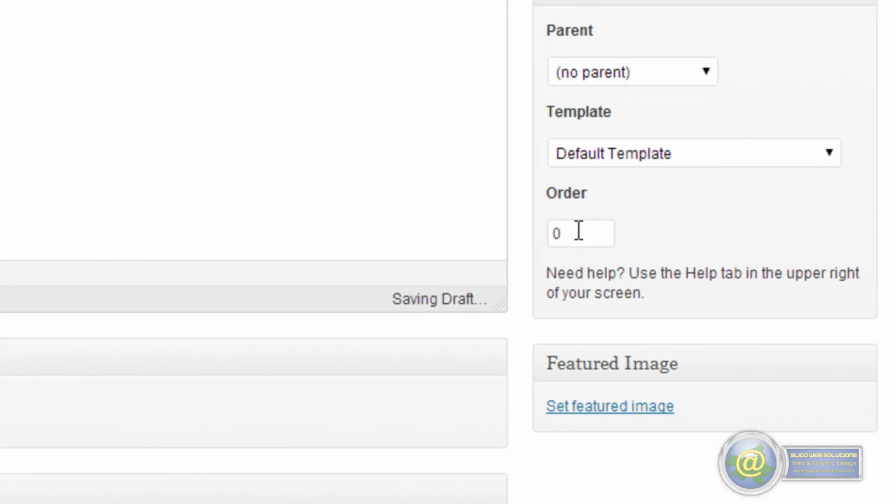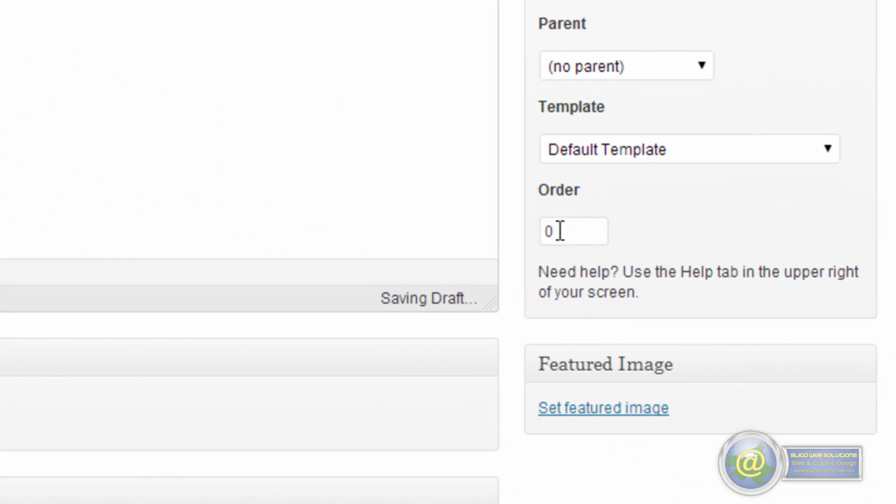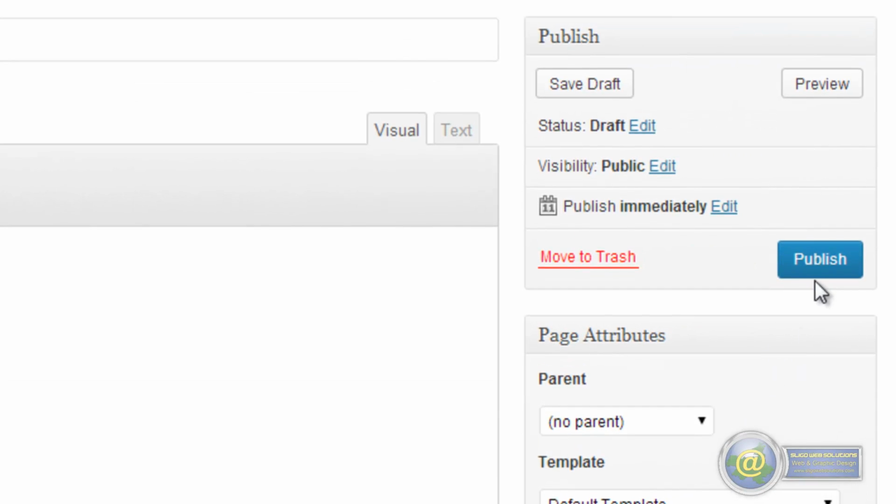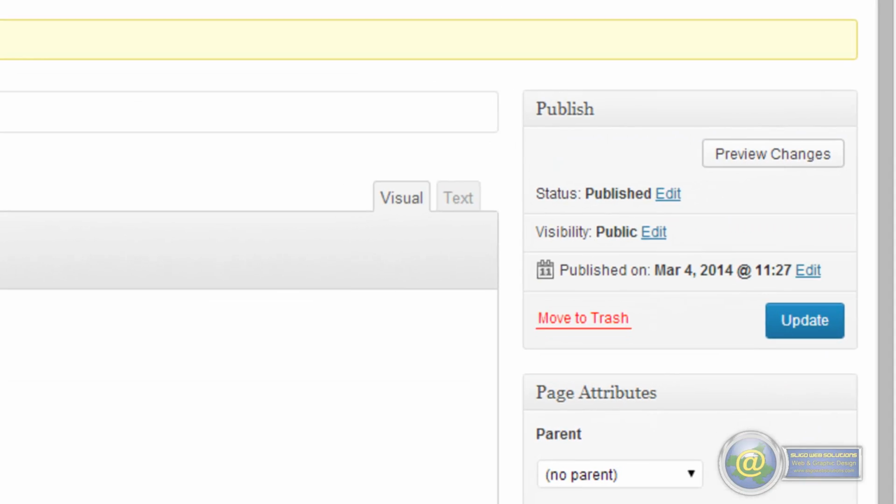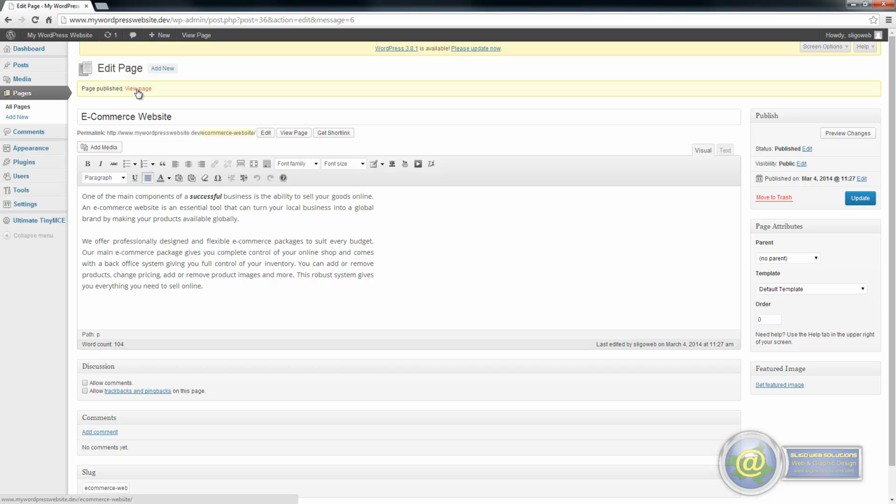Just going back to the order option here, you can leave this as 0 and they'll automatically line up beside the last page that you created. So if we go ahead and publish our page, that's it, our page is published now. So we'll view the page,